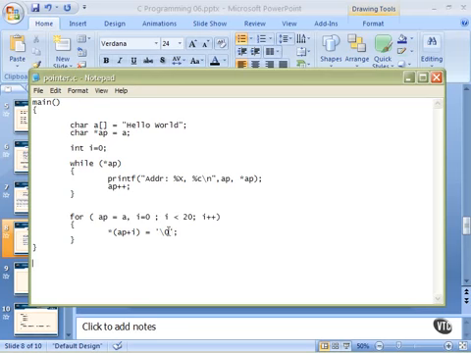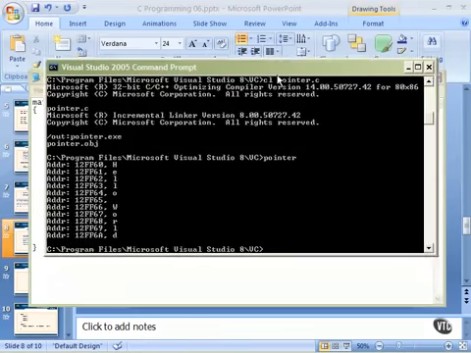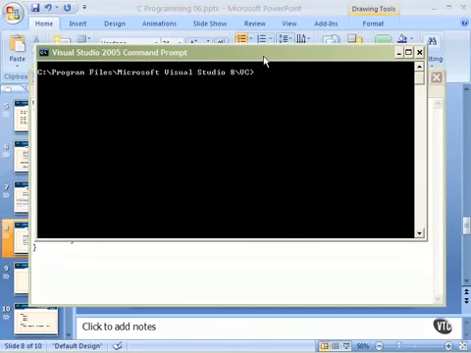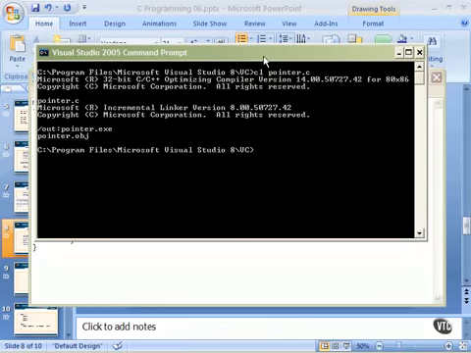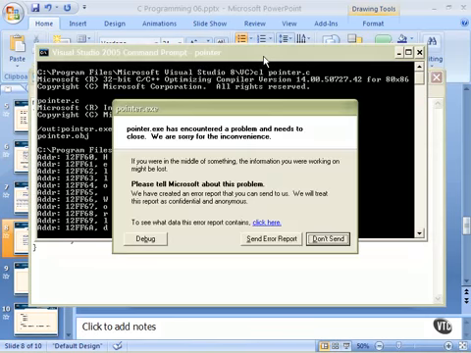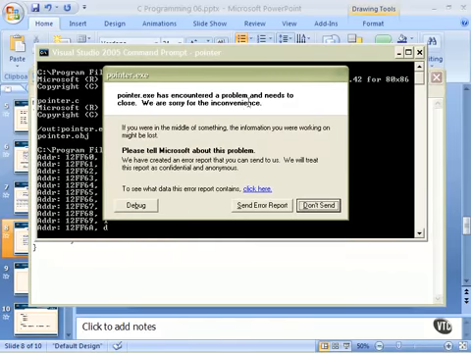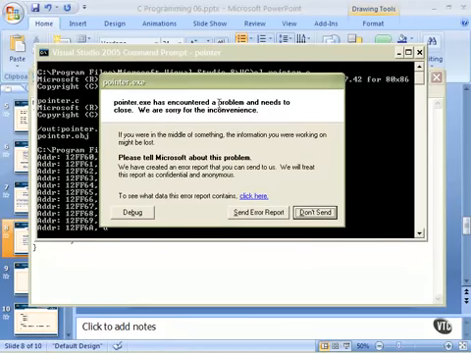So let's run this thing, pointer.c, and I'll show you what happens in Windows when we do this. We compile and link it. There we go. It's compiled up, and then we run it. And there's our hello world, and now it's running off the end of memory, and this is what happens. Pointer exe has encountered a problem, needs to close. Sorry, I'm sure you've seen this before, but this